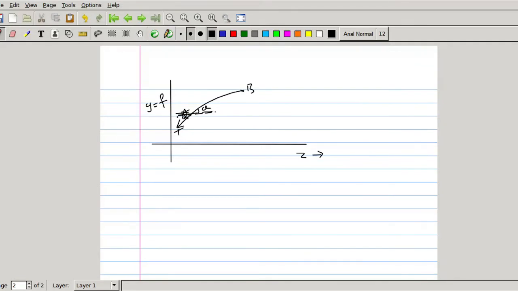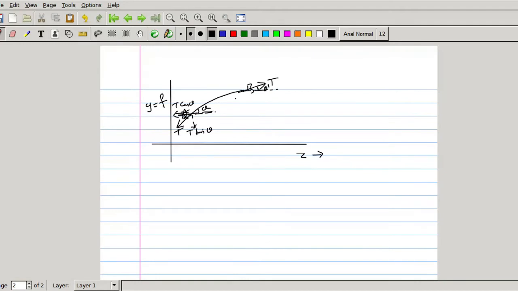When I resolve this T into two components, I will be having T cos theta along the z direction and T sin theta along the y direction. At this point, when I draw a tangent, its tension will be T, since it is the same string. So at A and B, the tension will be same. With the x direction, it is making an angle theta dash. This angle will be different from this angle. Different points are having different angle.